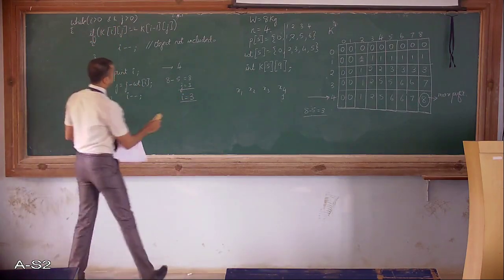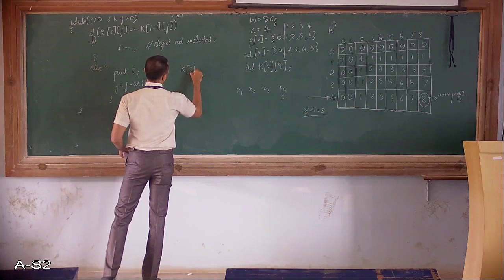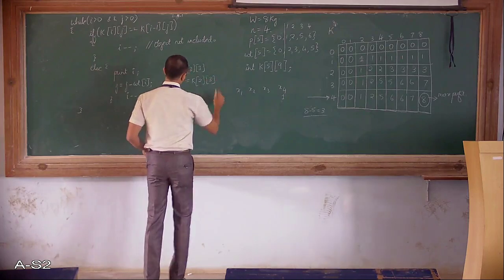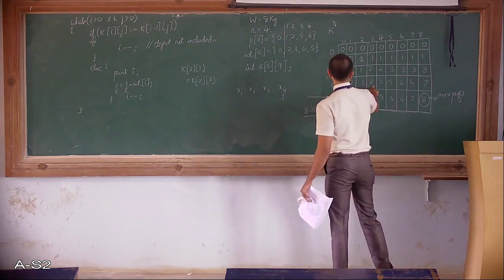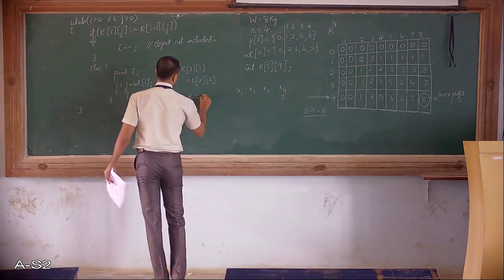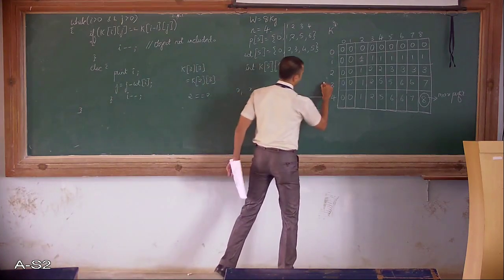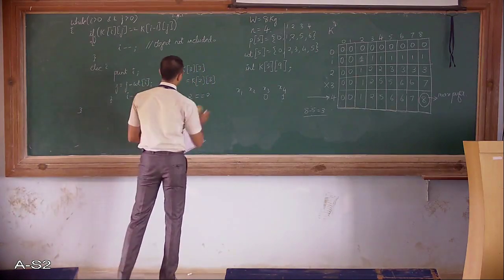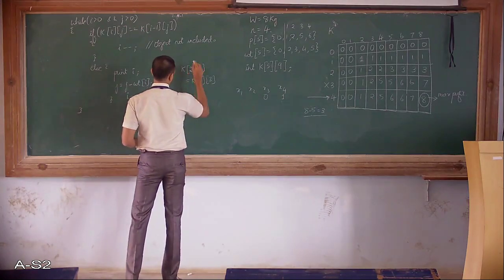Let's find out if k of i, j, so k of 3, 3, is it equal to k of 2, 3? What is the value of k of 3 comma 3? 3 comma 3 is 2, and k of 2 comma 3 is also 2. So 2 is equal to 2. First condition is true, which means I am not going to include this object. So we'll simply do I minus minus. I value was 3, I value becomes 2.